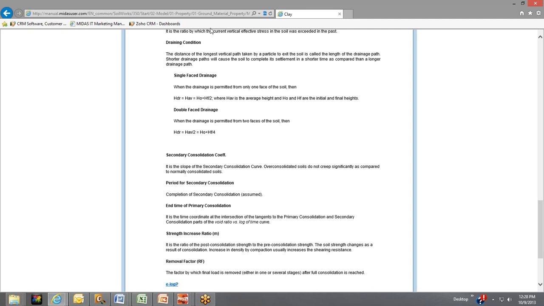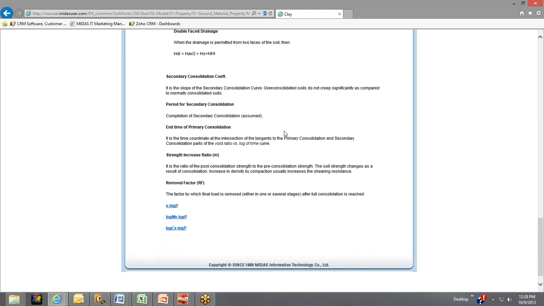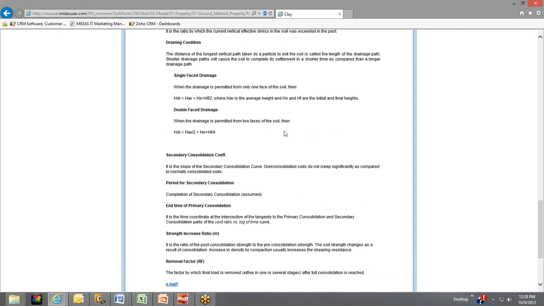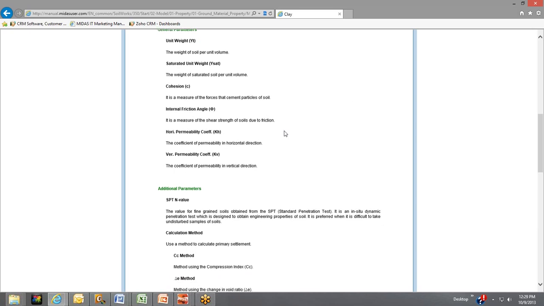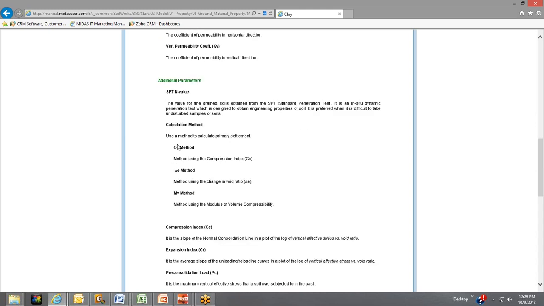Now, as far as I know, these parameters can be calculated through lab tests, but usually what's the case is, these parameters will be available for various soil and clay types, and it's just a matter of accessing them, whether through databases that are available or maybe previous projects in which these parameters were needed. So just keep in mind that all these parameters need to be accounted for to some degree. Some of them won't apply to your project, so you can just enter 0, but as far as SPTN values